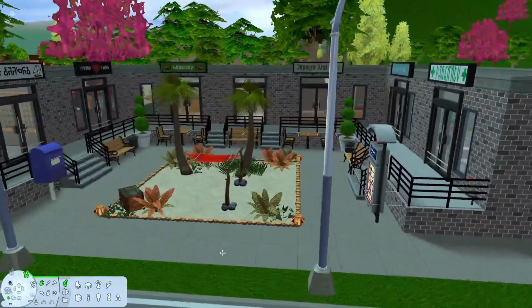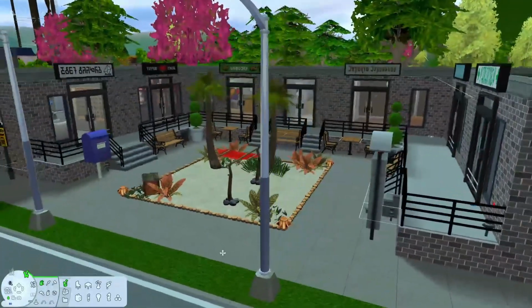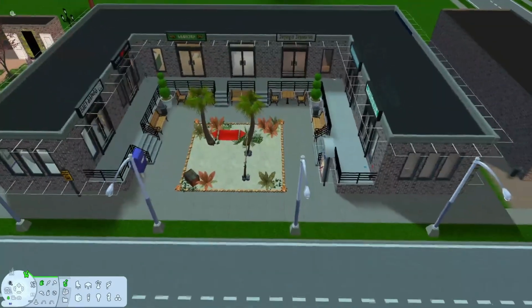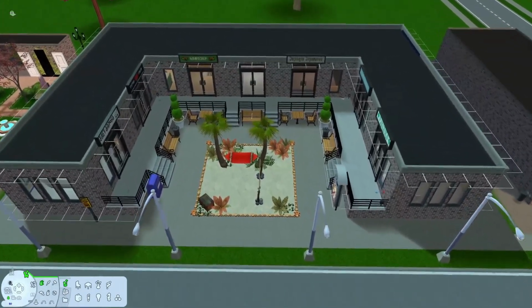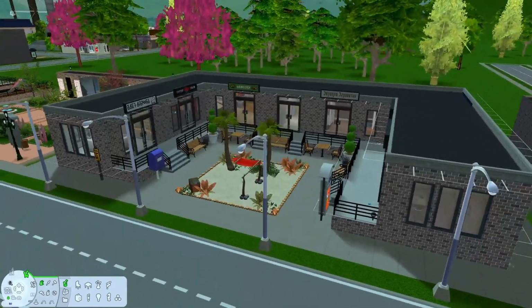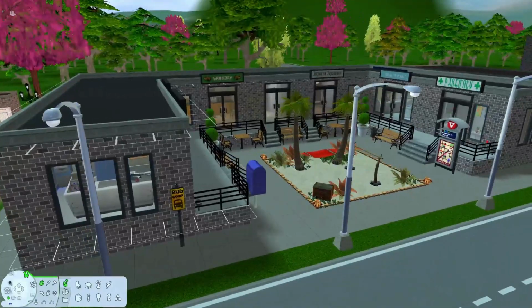Here we are at the Valley Shopping Center, which you guys have seen in my Let's Play a few times already, but not all of the shops. If you've played Pleasantview before, you may recognize this from a top-down as one of the original Pleasantview community lots, which I have completely renovated for my needs using items from all of the expansion packs as well as my